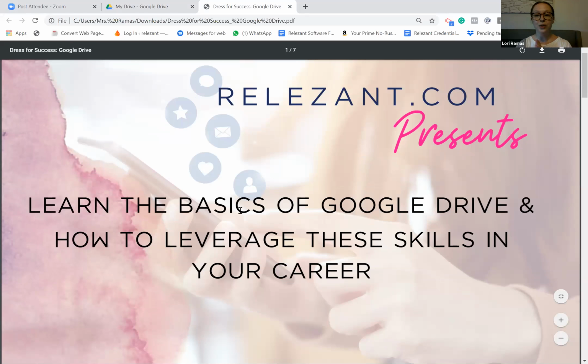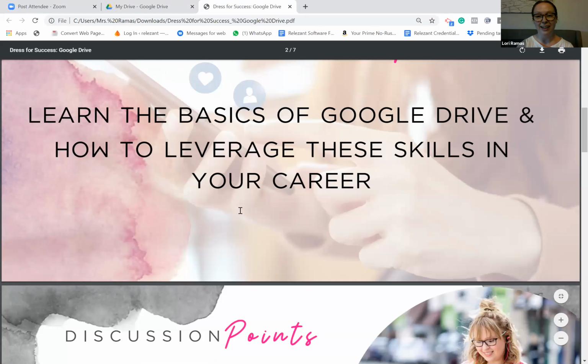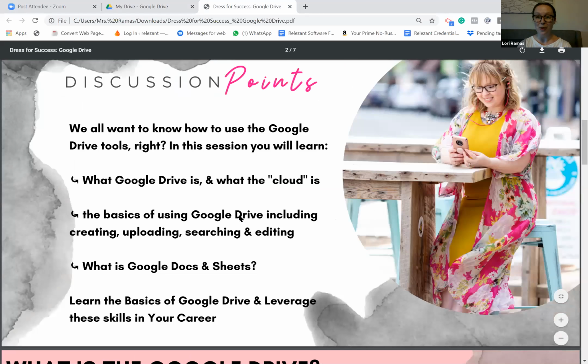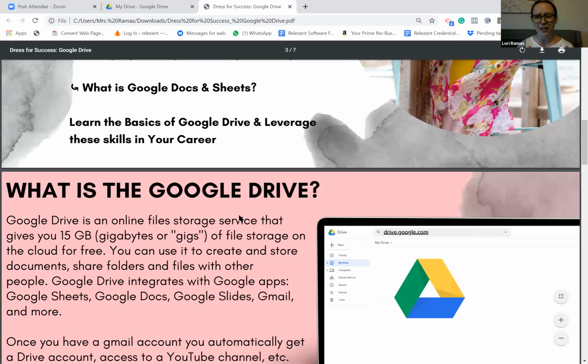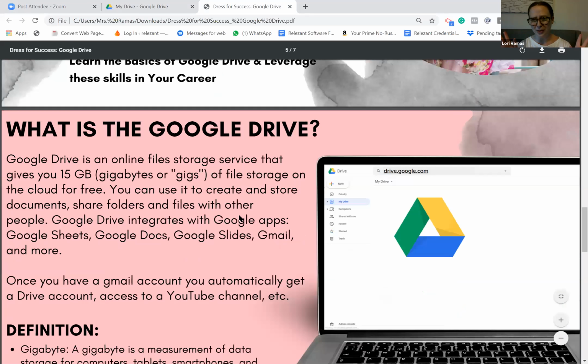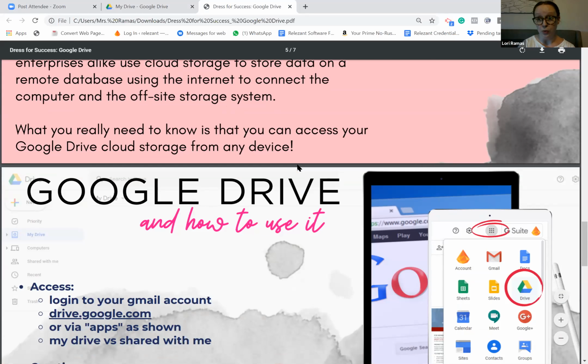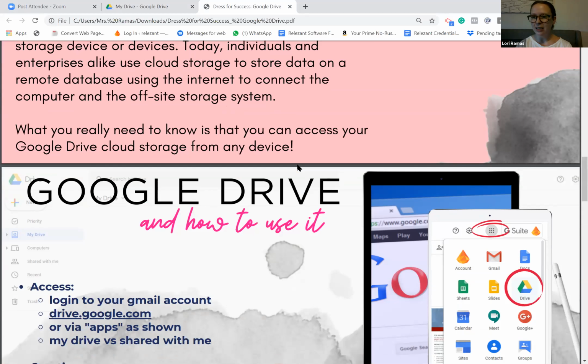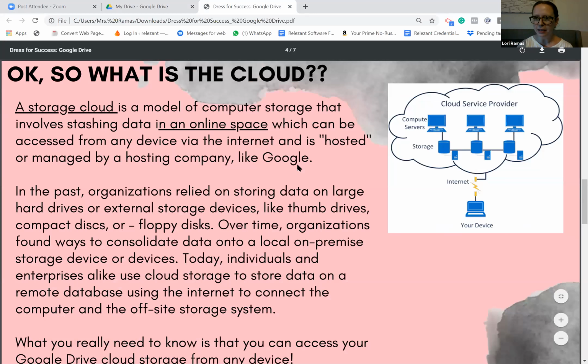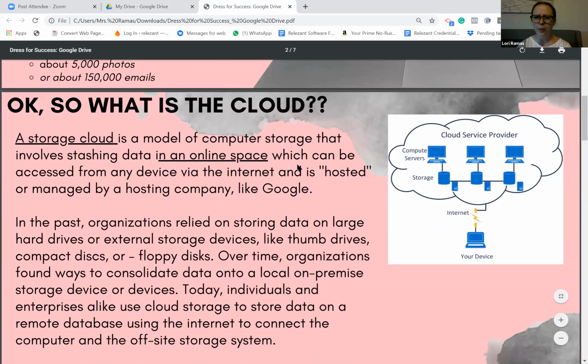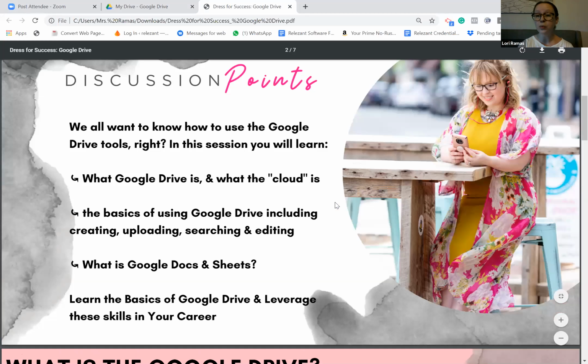Okay, so Google Drive. This is something I train a lot of the women entrepreneurs I work with on as well. As you can see, my screen is glitching, so try to ignore that if you can. It has nothing to do with Zoom. What I wanted to do was start with, what is Google Drive? It's a little bit of an abstract concept. It's a little hard to understand why we would want to use it and how it works. So I figured we'd start with the definitions, and then we'll dive in and do some live demo of it working in action.